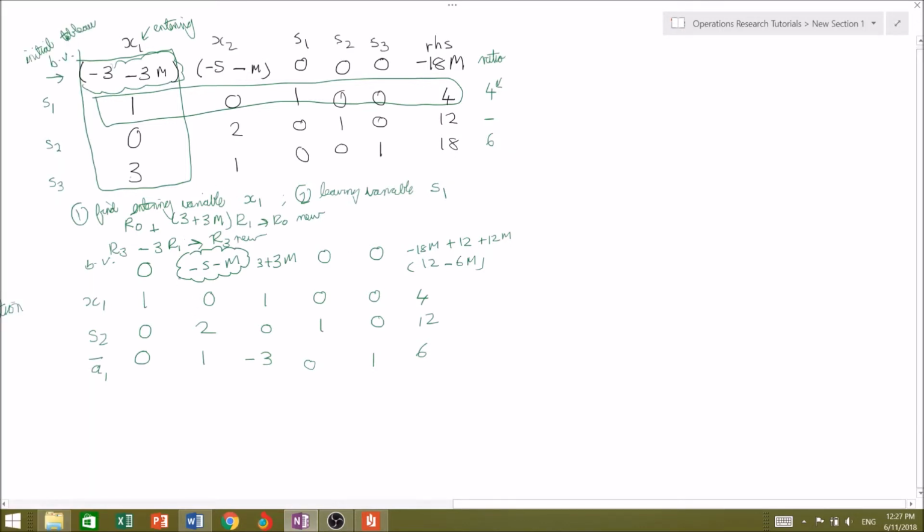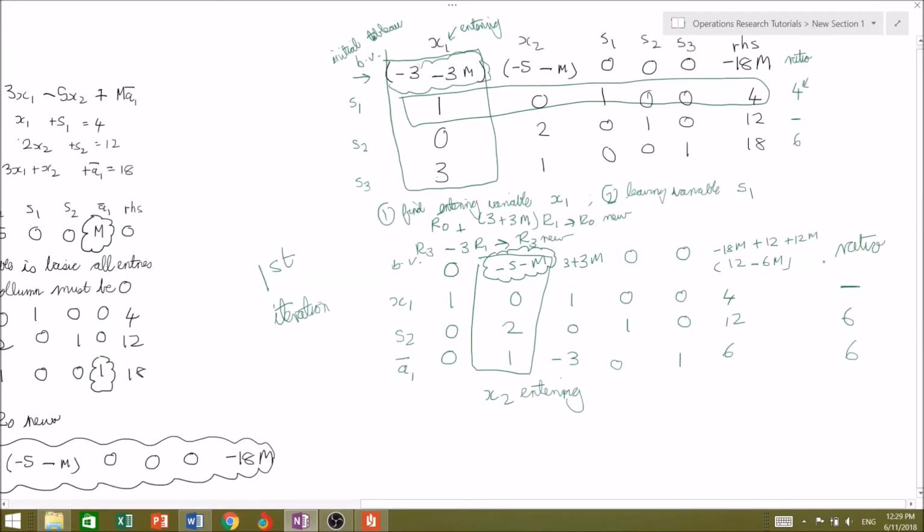Our entering variable is x2 from this column, we can see, and then we need to do the minimum ratio test for the right hand side. So the ratio 4 over 0 inconclusive, 6, and 6 over 1 is 6. As you notice, these two ratios on the right hand sides are both the same. What this means is that if I now select some variable to leave the basis, say I select artificial variable 1 to leave the basis, then row 3 would simply be